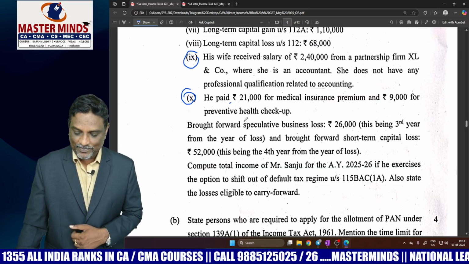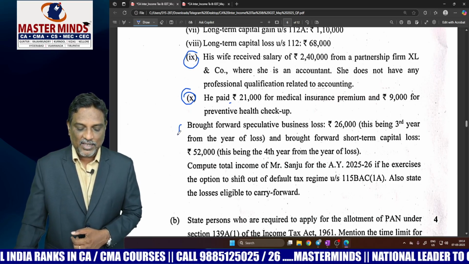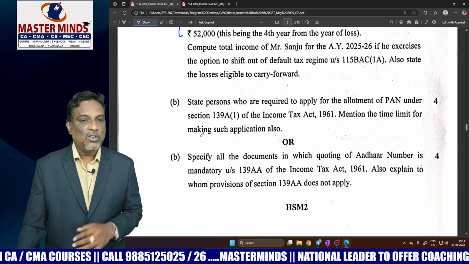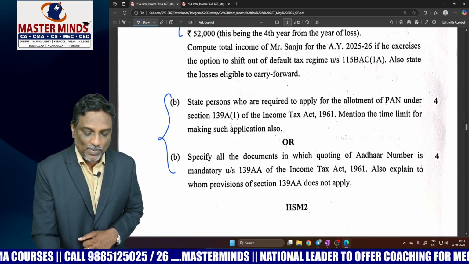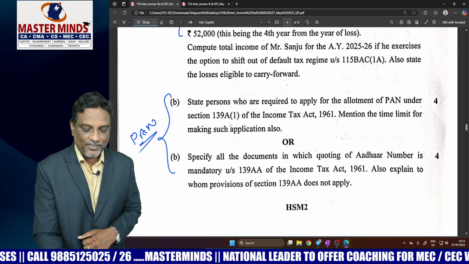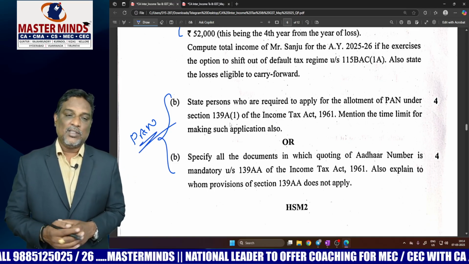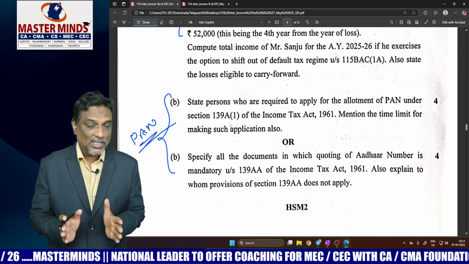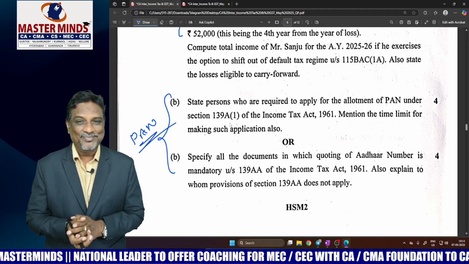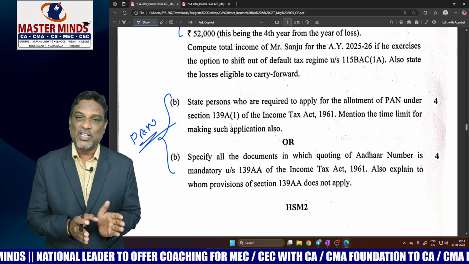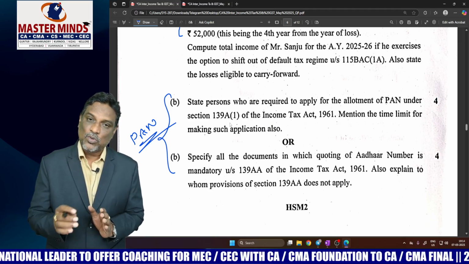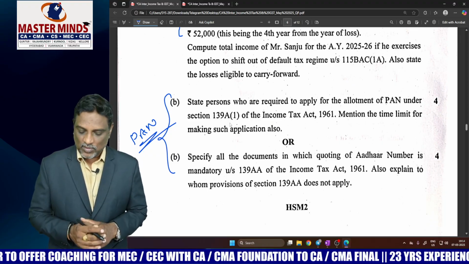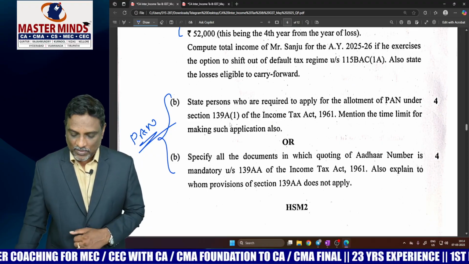It's a too easy problem. And these are the brought forward information from last year. Have you understood? Next. The last 2 are return of income problems. Both are related to PAN related questions. Okay, so this is the descriptive part of the question paper, and my dear students, the conclusion is the paper is too easy, and some students may struggle in the first question. That too with 1 or 2 adjustments. The rest of the adjustments are too easy. Okay, so a simple paper, and now we are going to